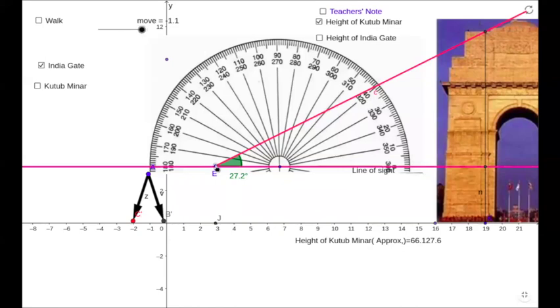Okay, let us check. Oh, it's different. 32.9, 40. So will it be same? No, sir. No, because